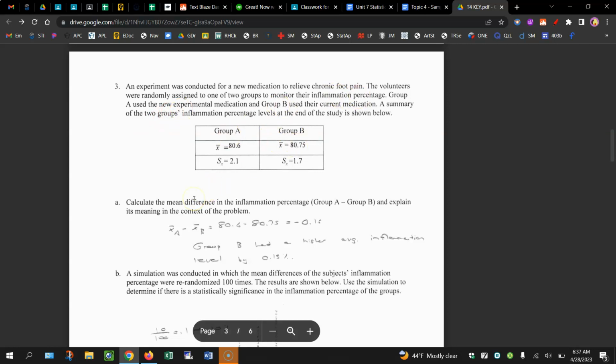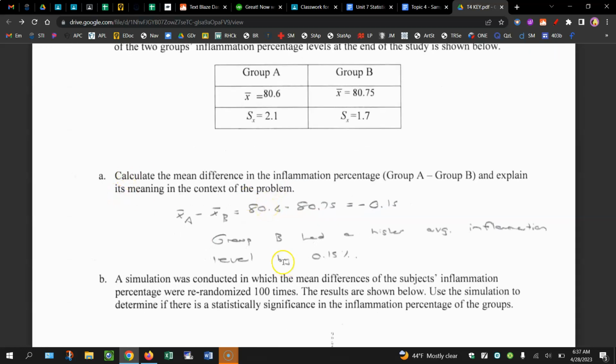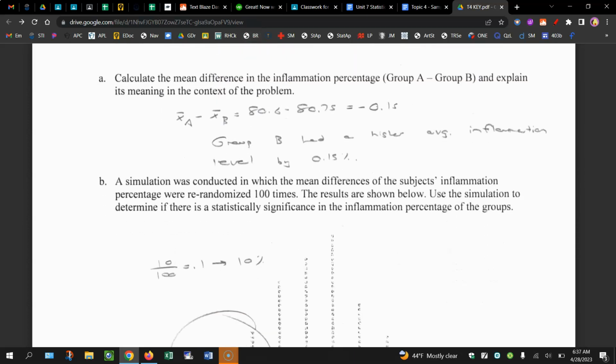Again, you're calculating mean difference. It's going to tell you which order to do the subtraction in. So you get negative 0.15 and then explain its meaning. Group B had a higher average inflammation rate by 0.15% because they did say they were measured in percentages. So then they're looking at the difference